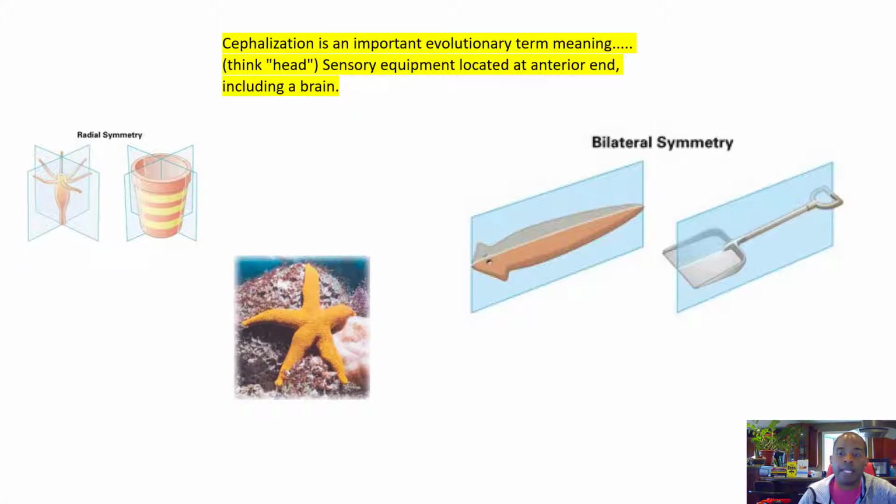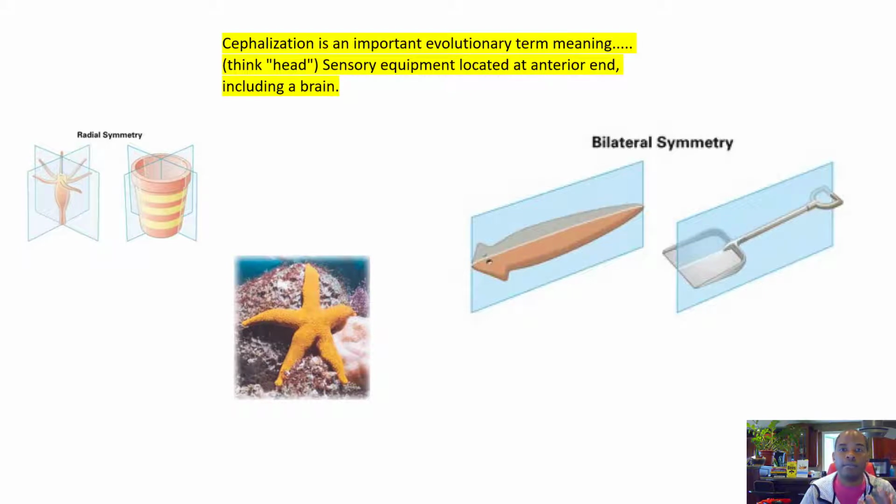So that means they have mirror halves, and there's an axis down the middle that can be used as kind of the mirror plane, and then the left and right are identical. And when you get a bilaterally symmetrical animal, the sensory pieces, so the eyes, the ears, the smell, the number of senses are all in the brain, are all at one spot, the anterior part of the body.